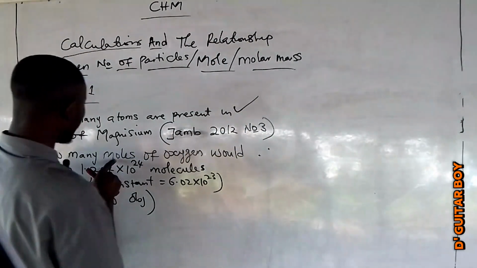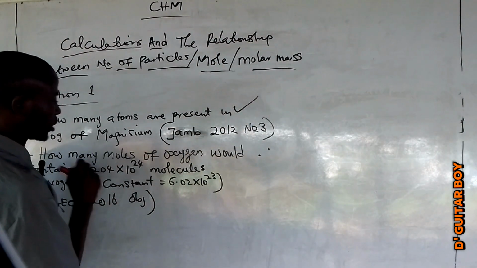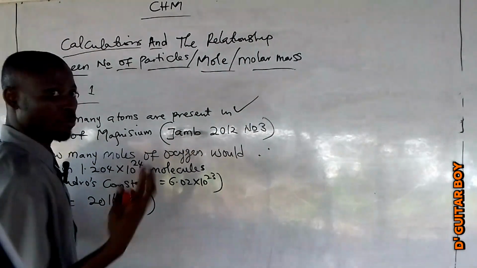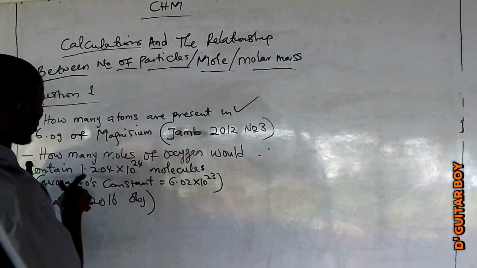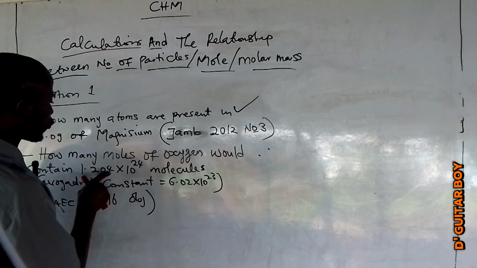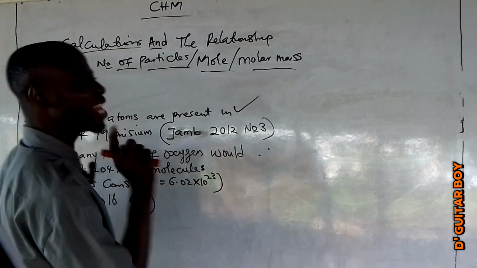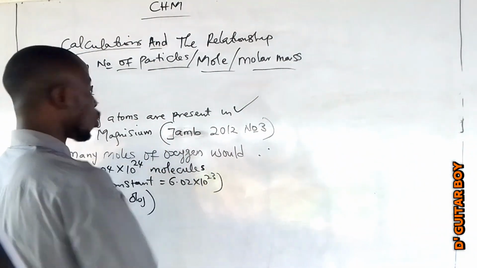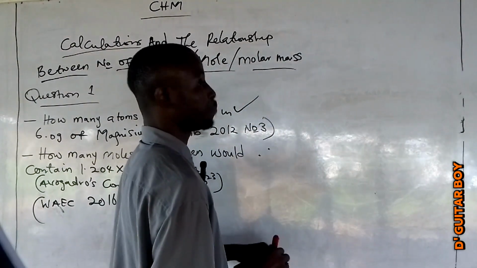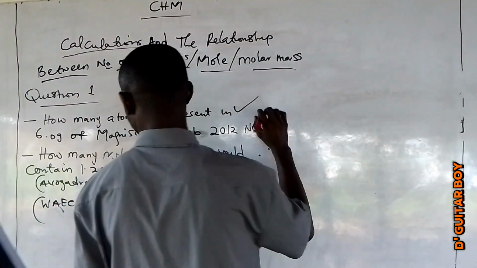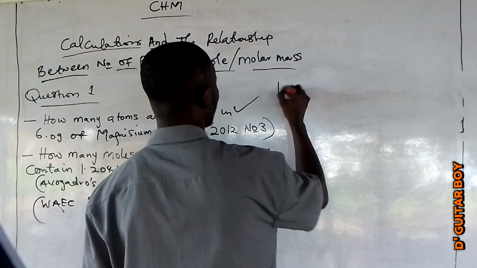So how many moles of oxygen would contain 1.204 times 10 raised to power 24 molecules of oxygen? Now you have to draw the basic relationship like I did in that previous example. The basic relationship is that 1 mole